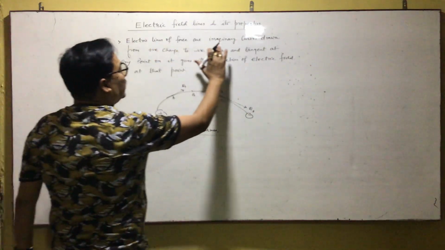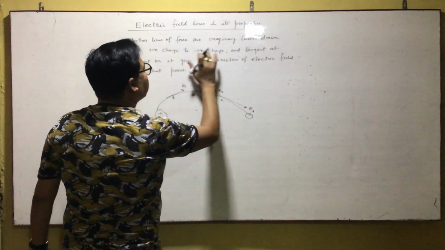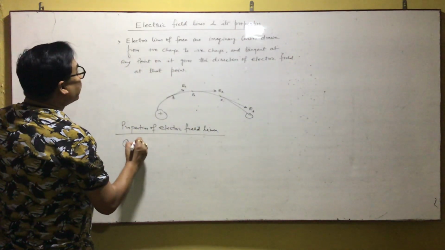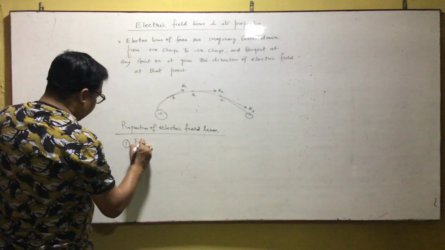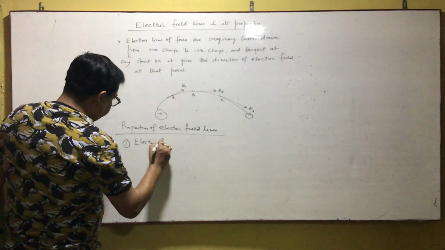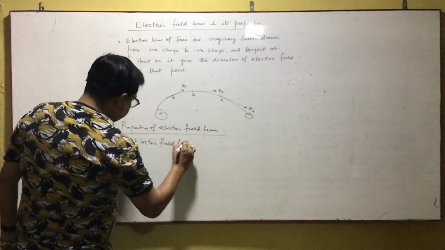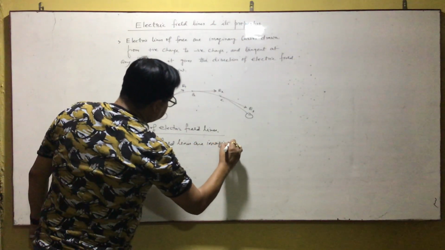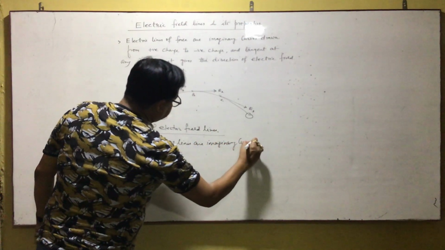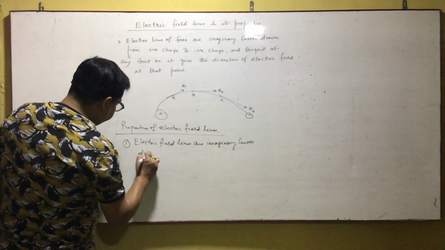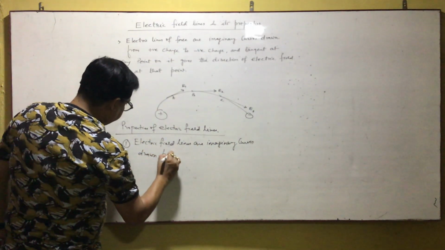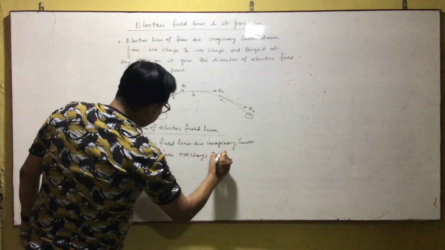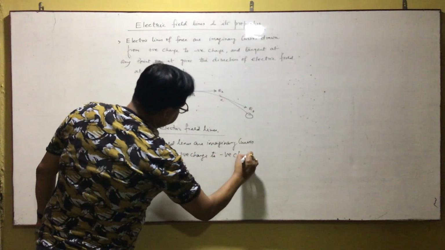Electric lines of force are imaginary curves drawn from positive charge to negative charge. So we can write the first one as electric field lines are imaginary curves drawn from positive charge to negative charge,